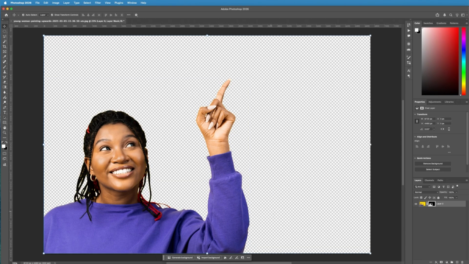Now to export this as a PNG, we can do one of two things. As we can see here, I have a lot of blank space. If you want to, you can export it with this blank space if you want this size of image in another project you're working in, for example. However, if you just want the PNG to be constrained to the areas of your subject or icon or logo,